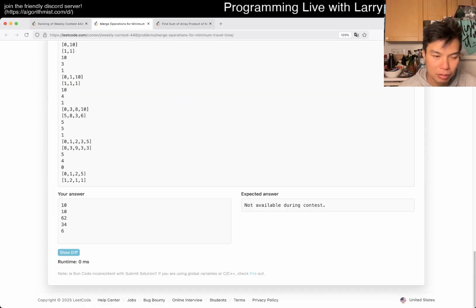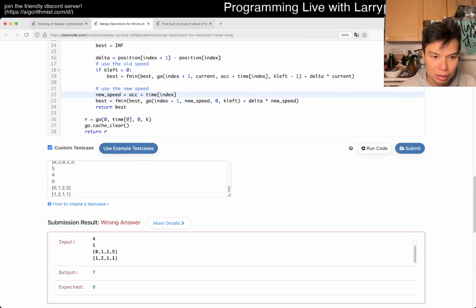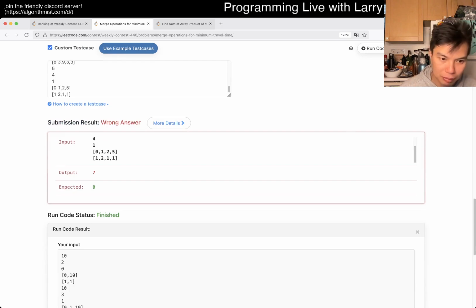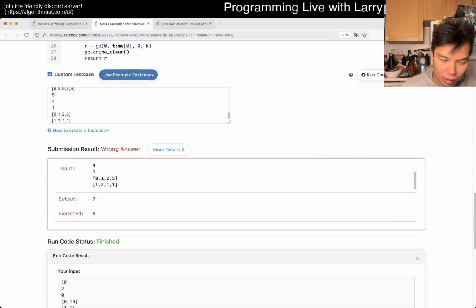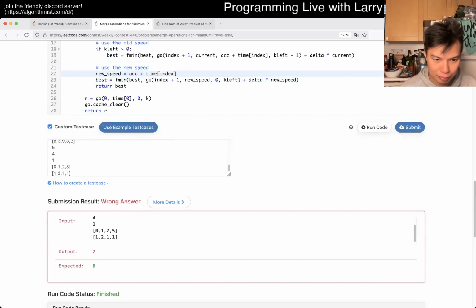That's actually weird. Okay, is that true? Maybe that's true actually, because it's just 1 plus 2 plus 3, so 6 makes sense. But then merging 1, okay. So you can only merge 1 and 2. Right? Is that true? Well, there are only 2 choices, merge 1 and 2, so then now you have 0,